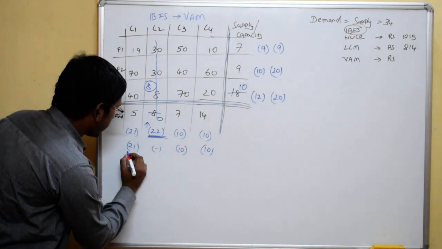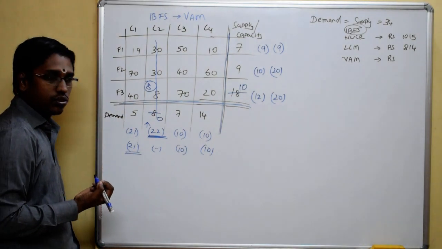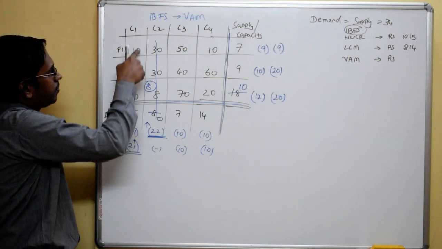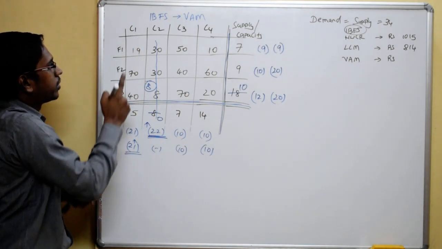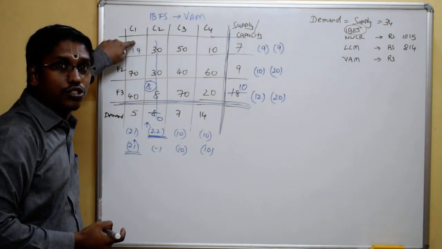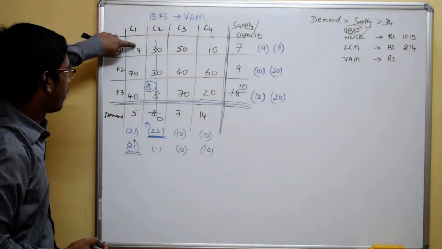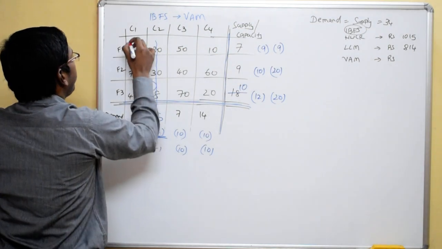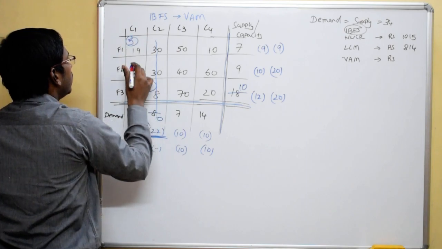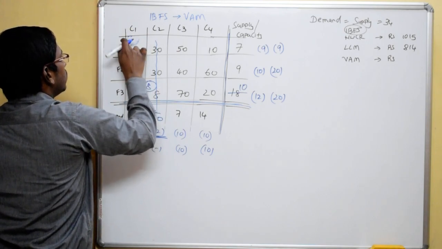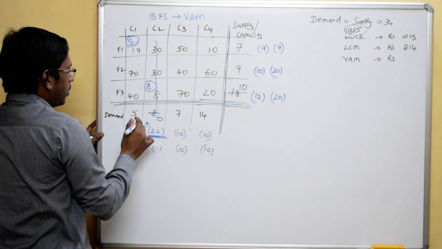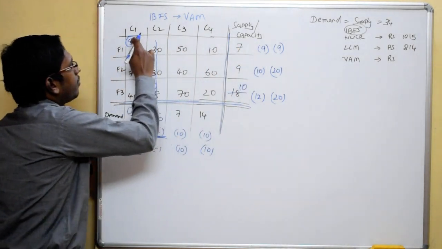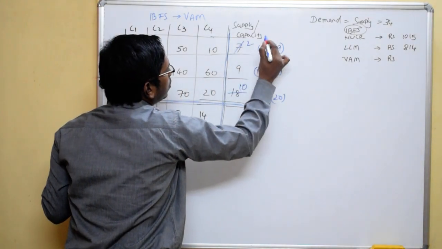Now the highest penalty is here, 21. So go to this particular column. The least cost here in this column is 19. So this is the cell where we need to make the allocation. So how much to be allocated over here? The demand is 5, supply is 7. So I will allocate 5. ये customer का पूरा demand. Let's say demand is 5. The demand becomes 0. Now out of 7 we have given 5 here, so we are still left with 2 units.